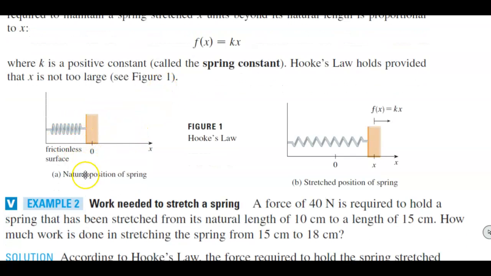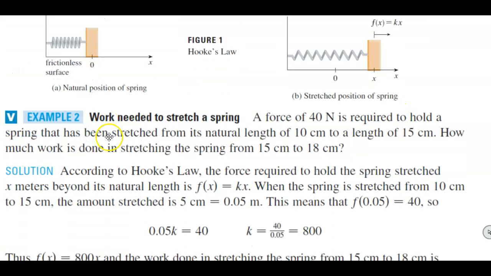In this scenario, this is the natural position of a spring, and this is a frictionless surface. Now if you look at B, the spring is stretched, and you can see what's happening: it's going from 0, then you have this value of x, and now this function f of x is equal to kx. Now for example number 2,